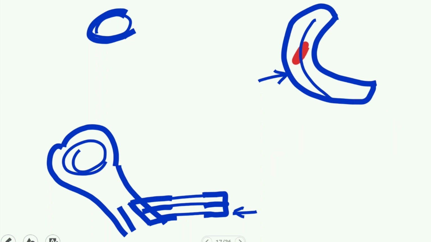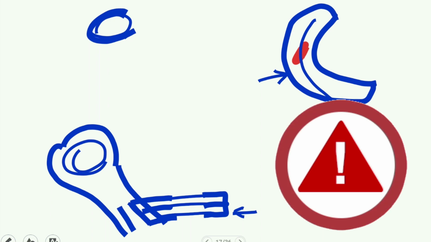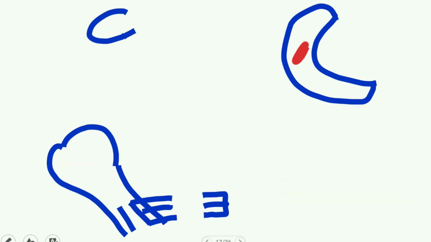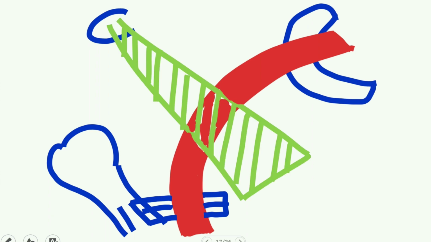Axilla will start at the outer border of the first rib and axilla will end at the lower margin of the teres major. Now I'll show you the axillary artery, how the axillary artery is present over this area and how pectoralis minor muscle will cross the artery from the front. Look at here. This is the axillary artery present inside the axilla and this is the pectoralis minor muscle attached over coracoid process, dividing the artery into three parts.